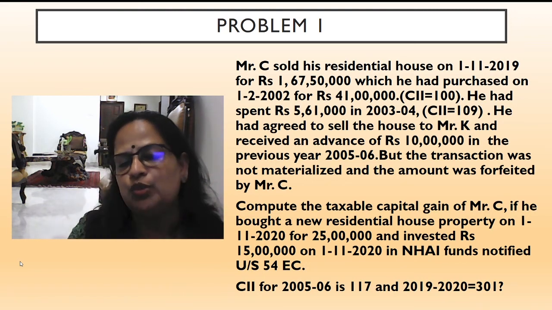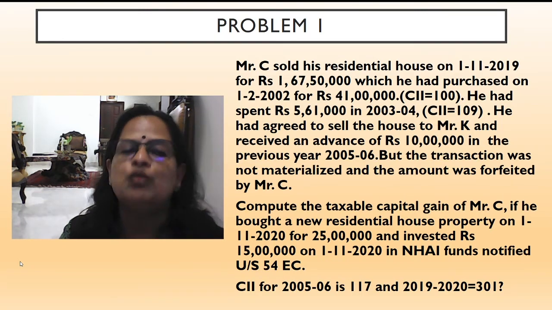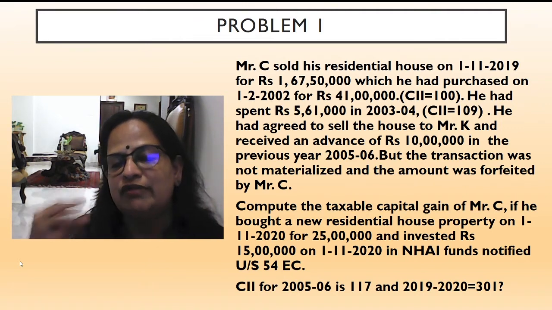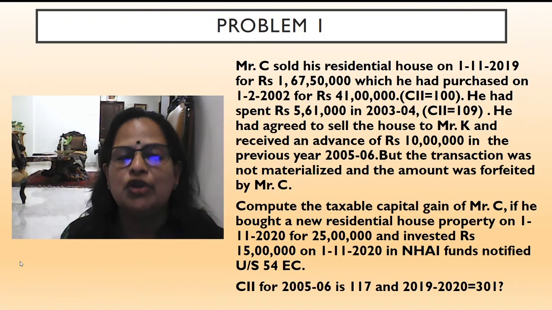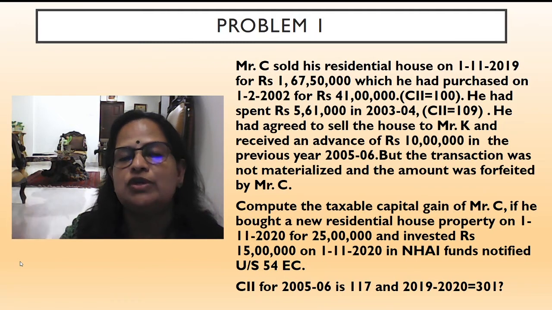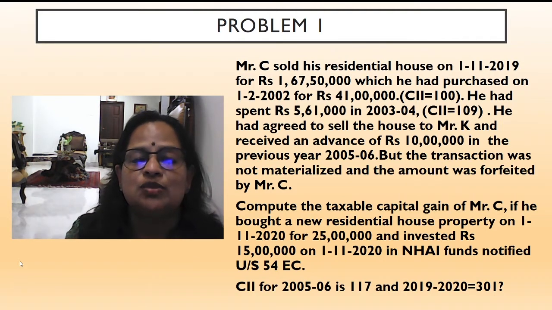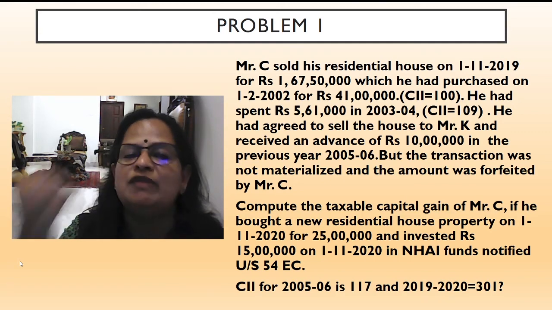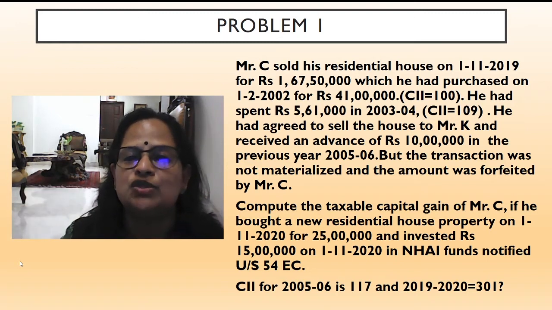If, prior to 1st April 2014, this advance money is not repaid, from the cost price we will reduce it. But if it happened after 1st April 2014, we will take it as income from other sources. That adjustment we have already done in one module for capital gain. Now I am adjusting the case prior to April 1st, 2014, so we are reducing the amount from the cost price, because it's before 2014. Remember, after 2014, we will not adjust with the cost price. That amount we will show as a note saying that it will go to income from other sources.